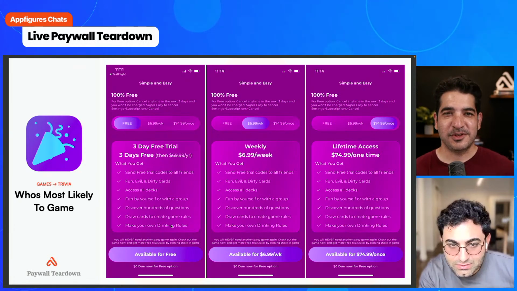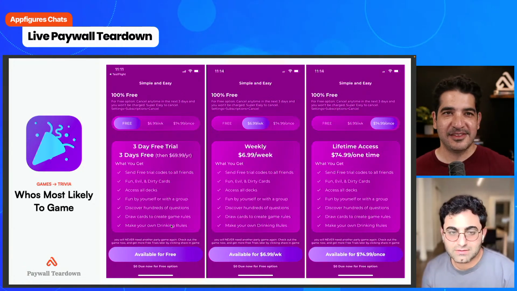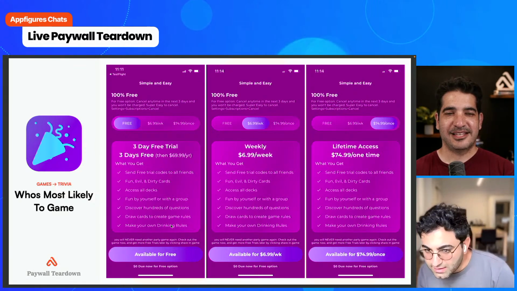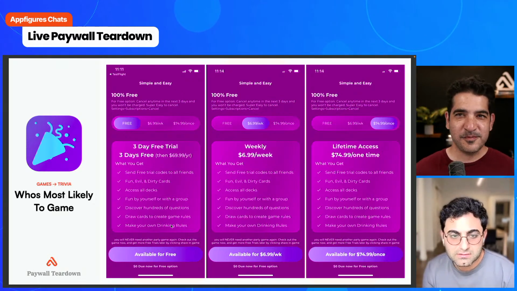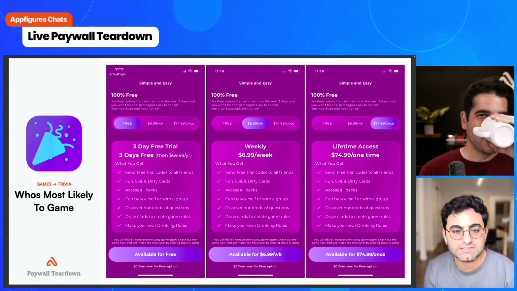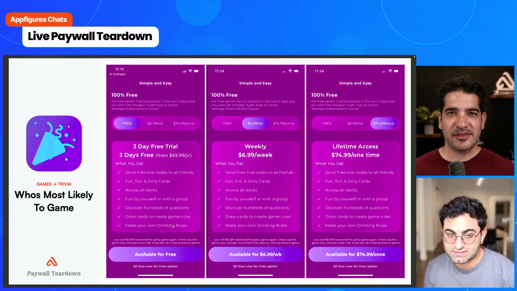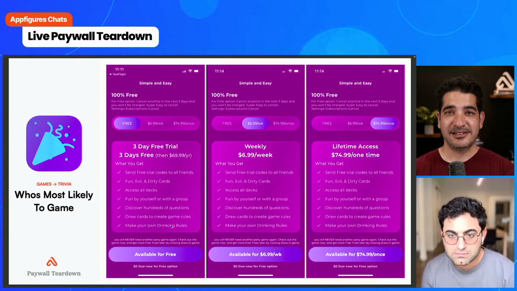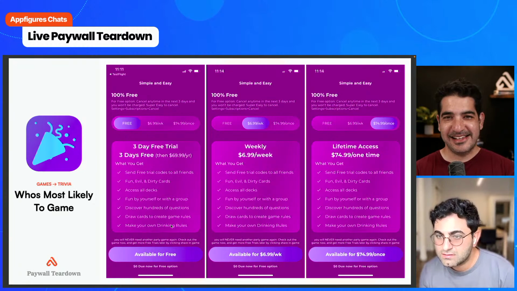Yeah, I imagine doing this with app updates is going to be just a nightmare. I would not want to do this. Yeah, you need to figure something out to make changes. I'm interested in, oh, I see, free. Okay, yeah. I'm curious what the breakdown is. I would guess at least 85% are doing the yearly. You think so? I think so, yeah, because it has the free trial. Oh, yeah.